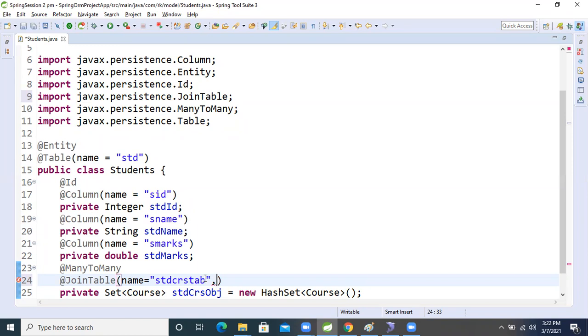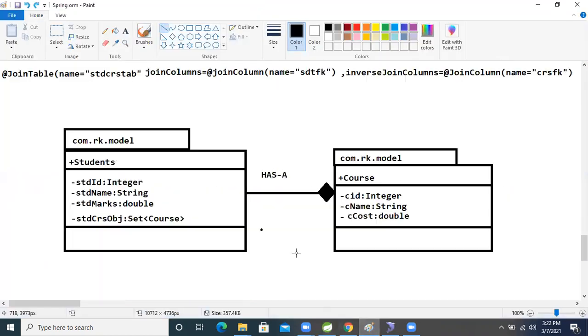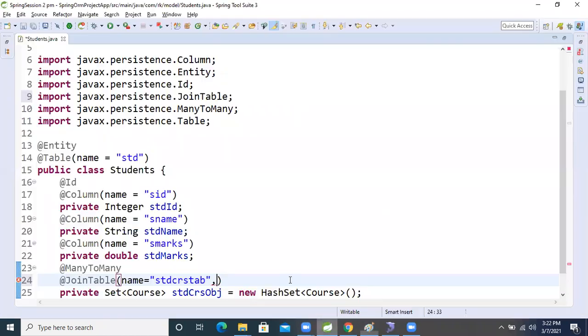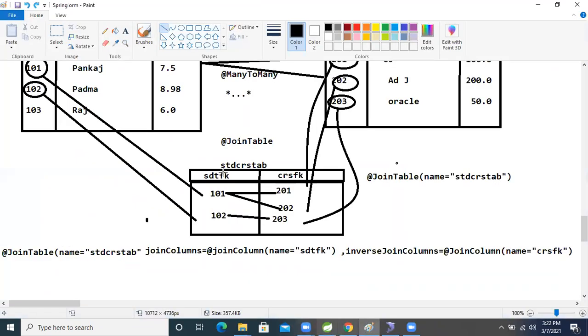In one table, we need to join two rows from the third table, two rows, right? Two foreign keys, so we need to generate two rows. For that, which annotation will we take? At the rate JoinColumns, right? It's an attribute, not an annotation. At the rate JoinColumns. After that, I need to generate this row based on this one, okay?